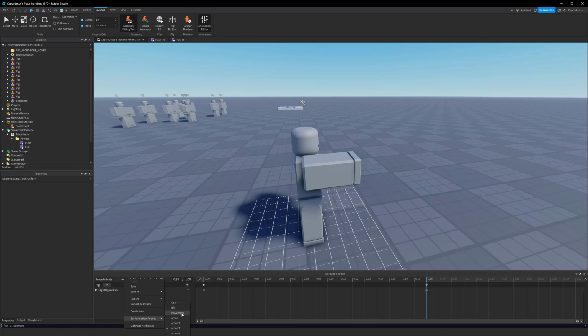So from core idle movement, these are all like low priority ones, and then actions are higher priority, so they get played over top. So we'll just do action 3. It's not too powerful. It's like the second most powerful, so there might be some other animations in your game that are more important. But yeah, so we'll do that, and then we'll come back to these 3 dots, publish